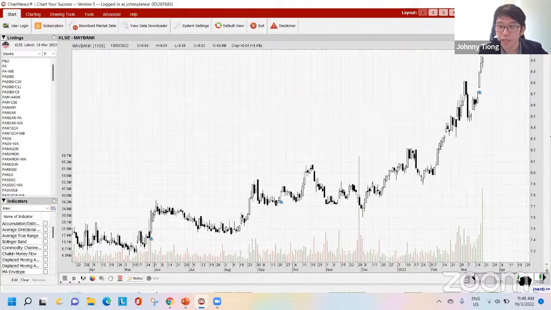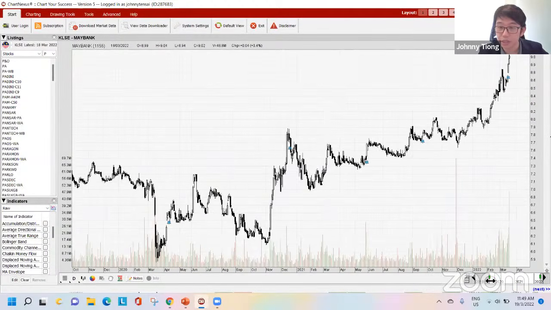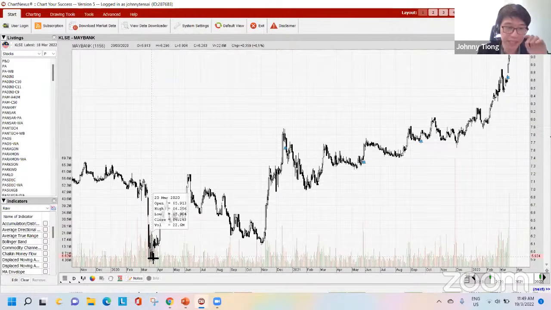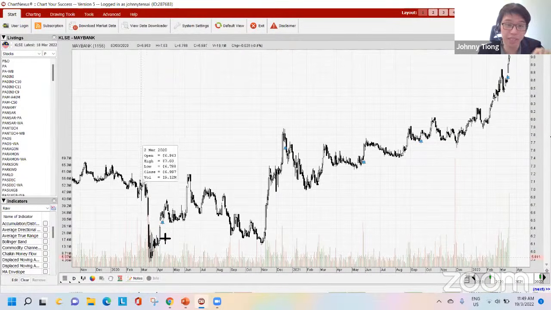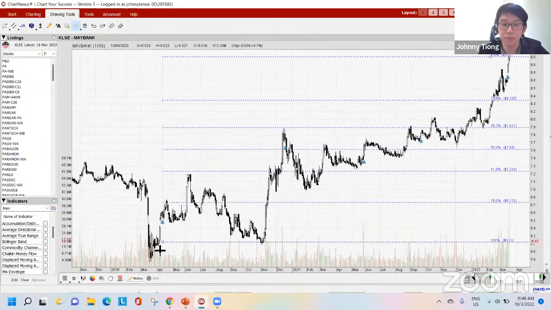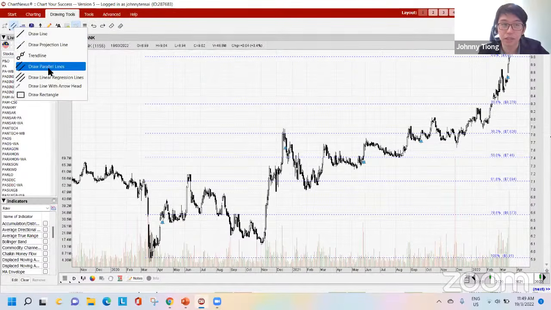Okay, again, I use a Fibonacci. I retrace back to March 2020 when it fell. I take this as a reset point. Okay, a reset point. So again we draw the Fibonacci, highest to lowest. But then I think it has continued to break new highs. Okay, so this is our uptrend stock. I can draw the.